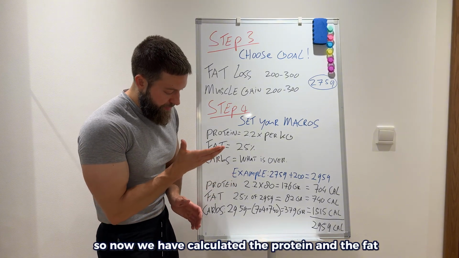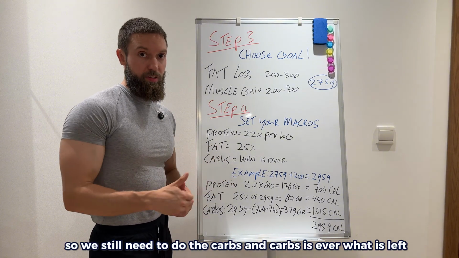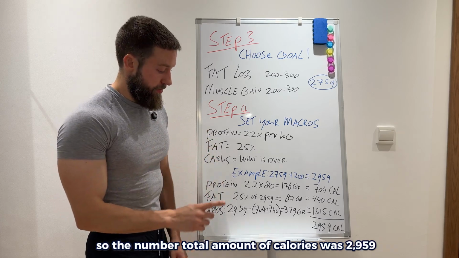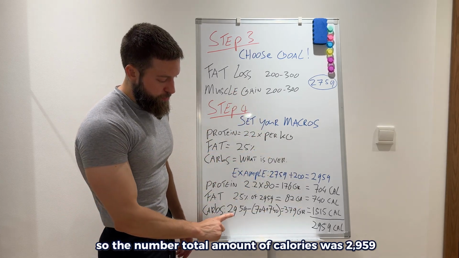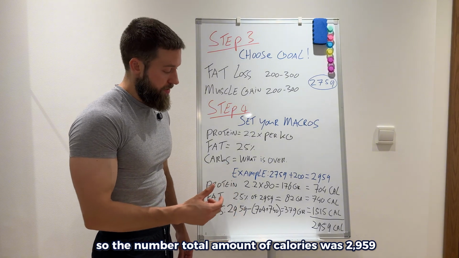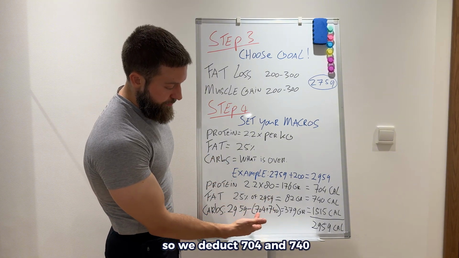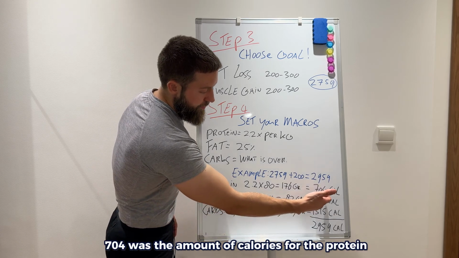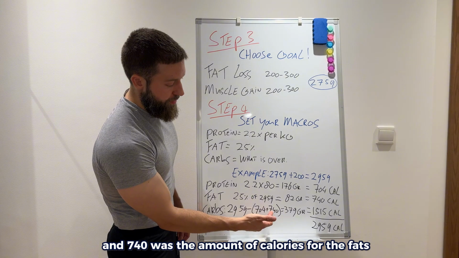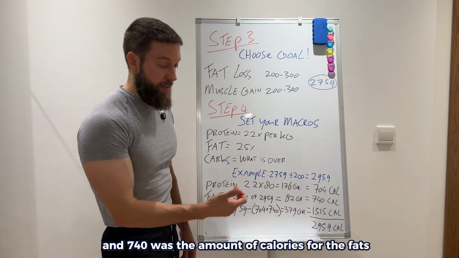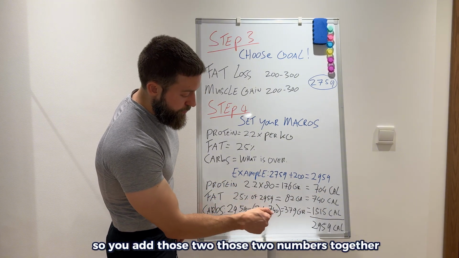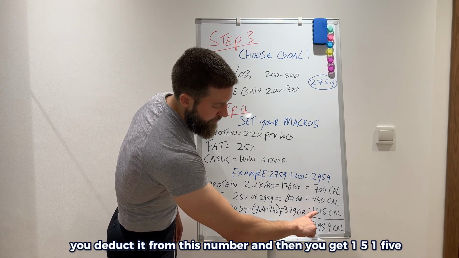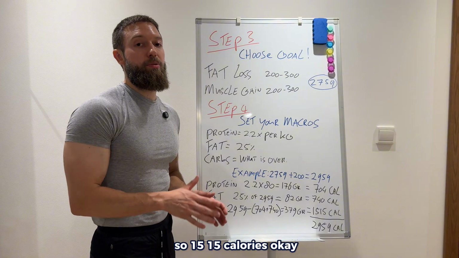So now we have calculated the protein and the fat. We still need to do the carbs. And carbs is whatever is left. So the total amount of calories was 2,959. So we deduct 704 and 740. 704 was the amount of calories for the protein and 740 was the amount of calories for the fats. So you add those two numbers together, you deduct it from this number, and then you get 1515